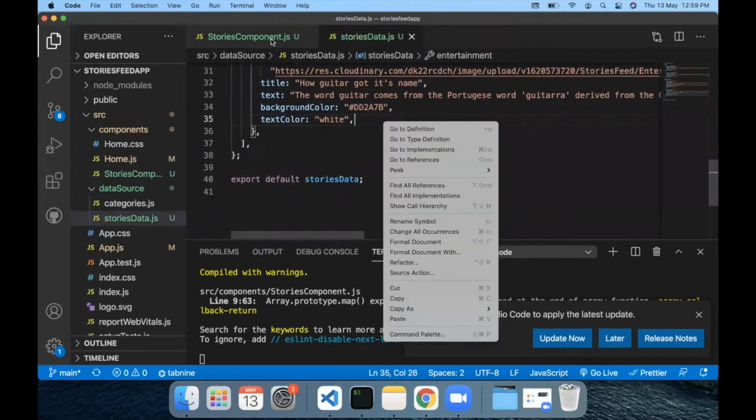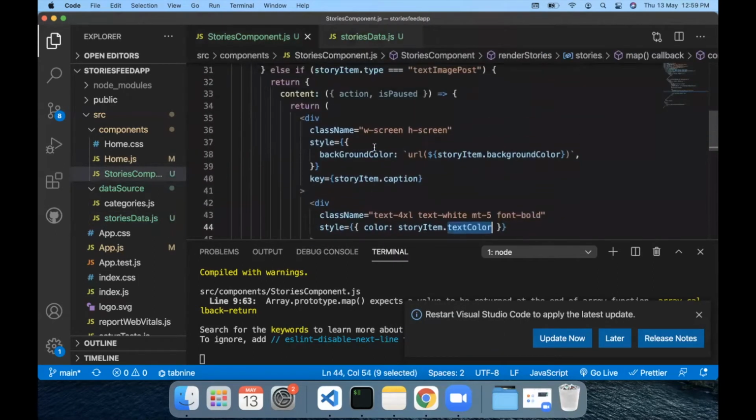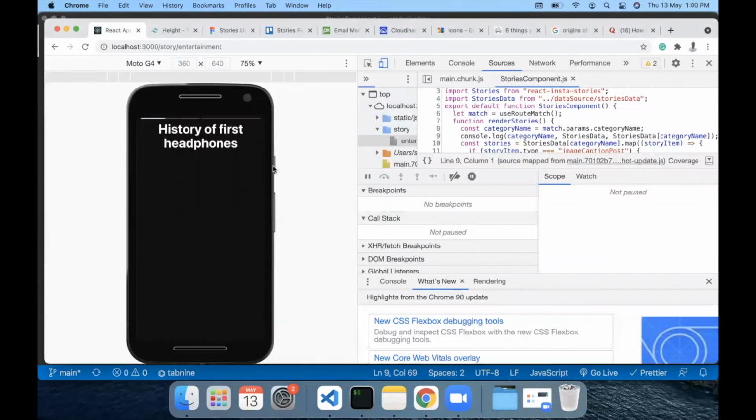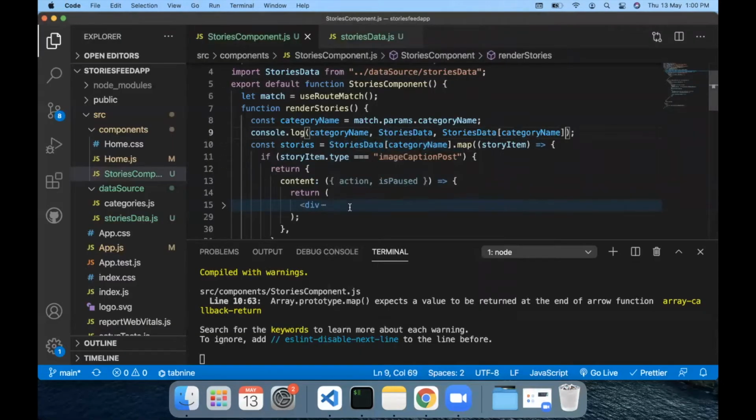Let's just try to render the stories component and see what we are getting before we move ahead. Okay, after the server is started, it is working fine. So we have our caption here. We need to set the background color properly, I think,